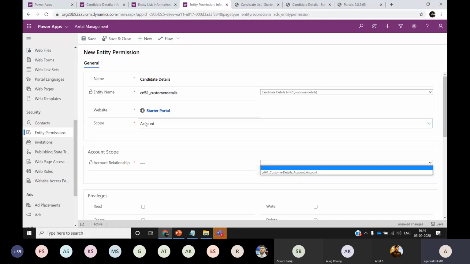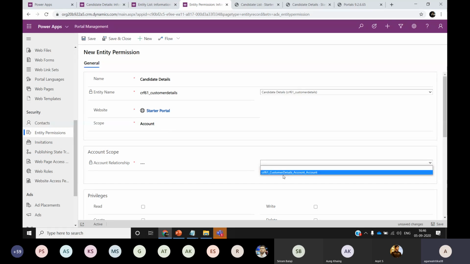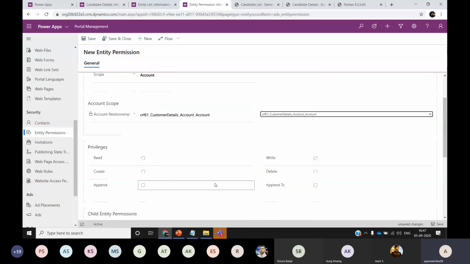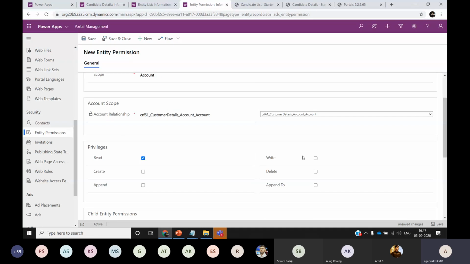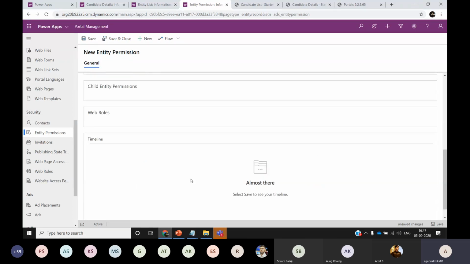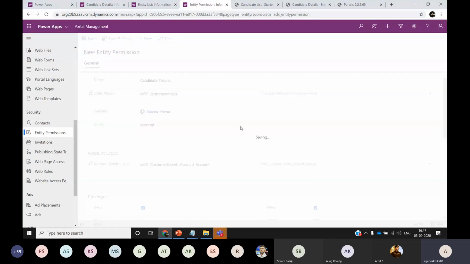And here, as soon as I select this account scope, it is going to display this field, and there is only one field which has a relationship to account. So it's displayed. In case there are multiple fields, you can choose which one to use. And I'll select this one. I want read, write. We are not creating and deleting the record, so I'll leave those permissions and I'll click save.